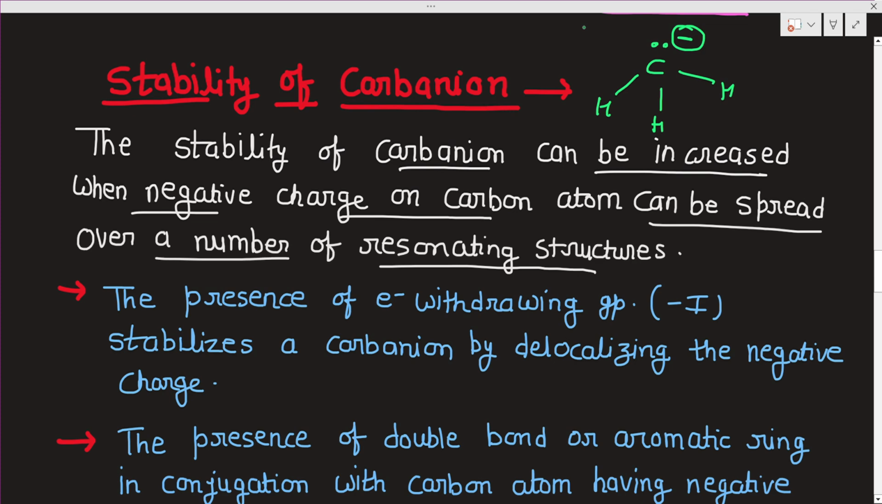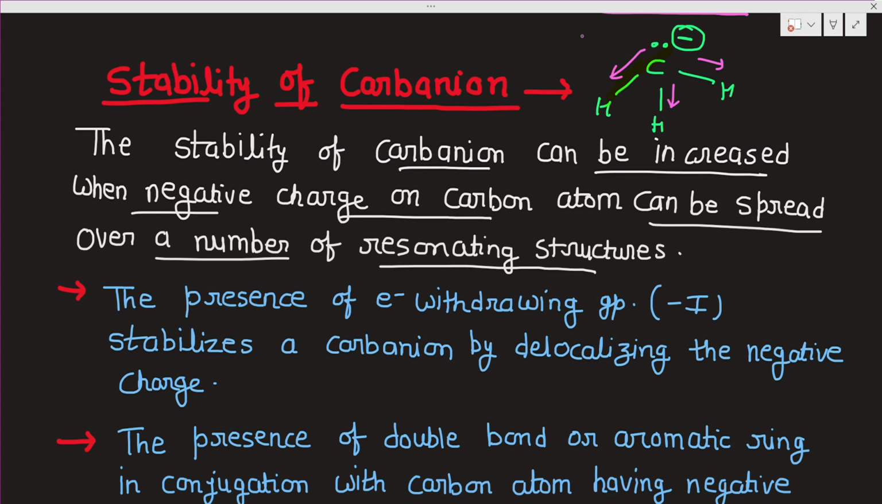If we can decrease this negative charge, it means if this negative charge can be spread over these groups, it means it can be spread over here. This can be distributed between these bonds, or it can be spread over the resonating structures, then we can decrease this negative charge. And the more we can decrease the negative charge, the more we can increase the stability